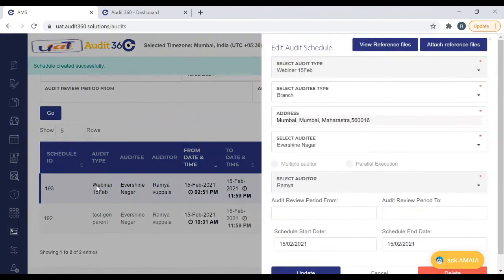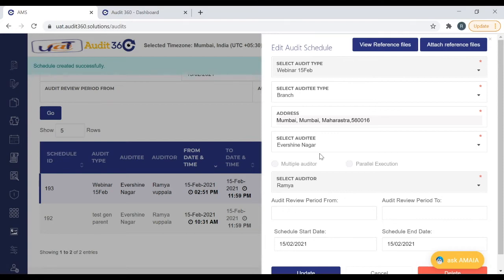In your schedule screen, against the schedule which we have created, if you have opted for audit reference, you would have two buttons shown on the schedule details. Here, like we mentioned in the previous webinar, I would just reiterate the usage of this feature.